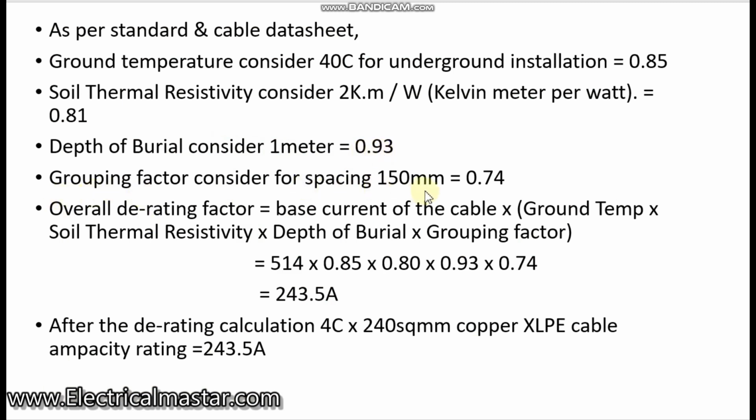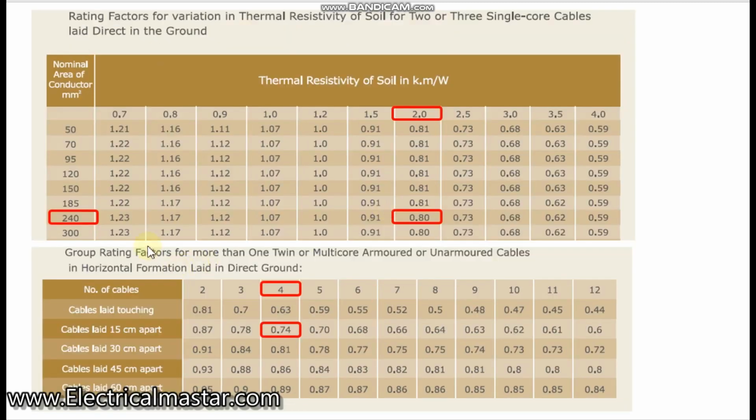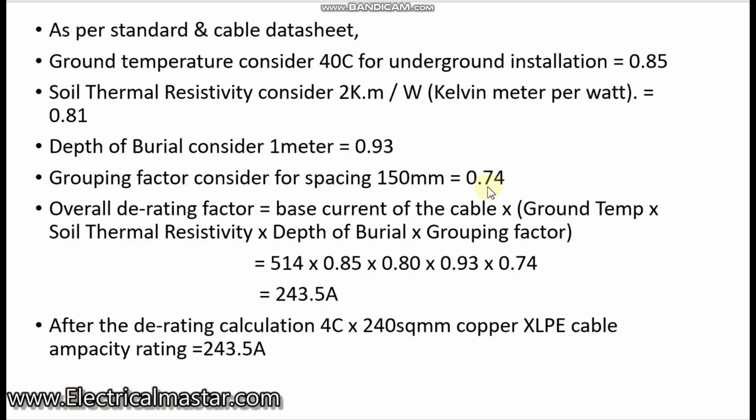Similarly, the grouping factor, 150 mm. For the grouping factor of the multicore cable, how many cables we are grouping: we are choosing 4 cables and 15 centimeter spacing, that is 150 mm. So 150 mm means 0.74, which we considered. Now we have all the values. Those values we need to multiply with our cable base current, that is 514. This is the base current value without considering any derating factors, so you multiply that value with all these correction factors and you will get